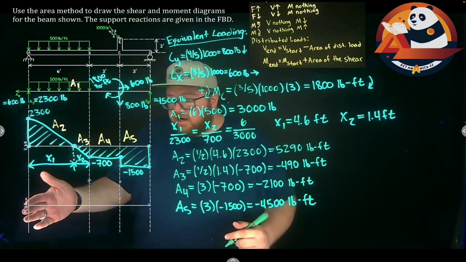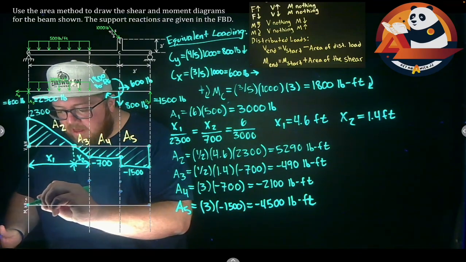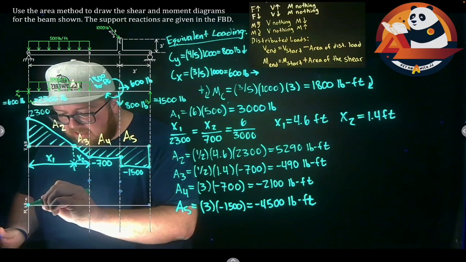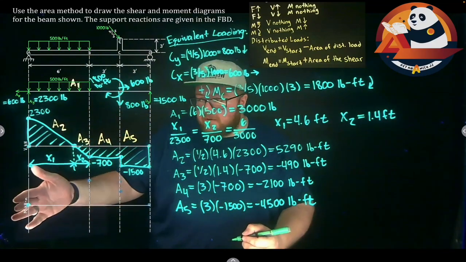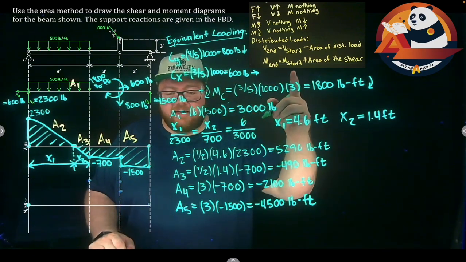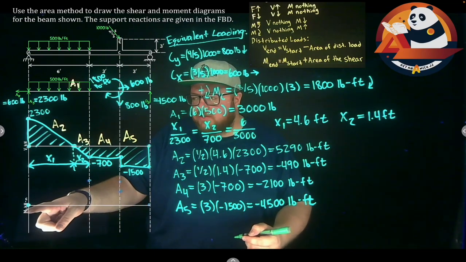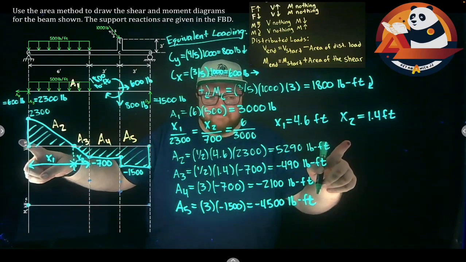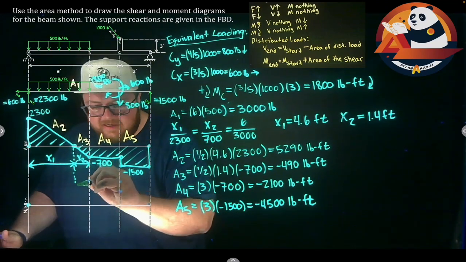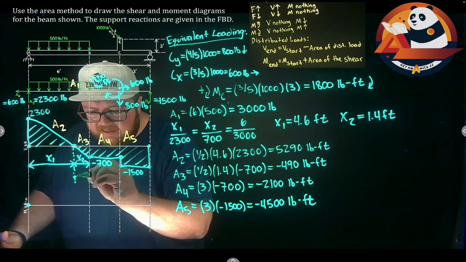From here, we can start working across our shear diagram. Again, we always start at 0. We should start and end these at 0. So we'll get our dot here at the origin at 0. There's no couple moment right here, so we can go straight to our area. We know our moment at the end of an area is the moment at the start plus our shear area. Our moment at the beginning is 0, so 0 plus area 2, 5,290, will get us that maximum up here, 5,290. We're increasing up to the very top point here,